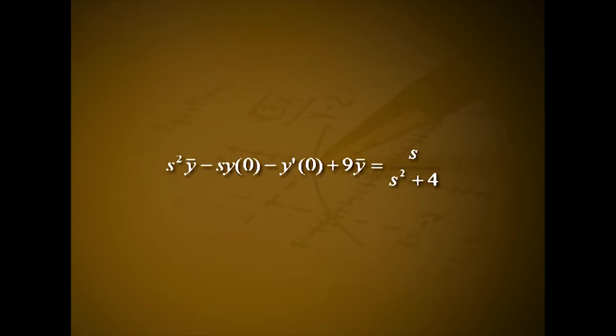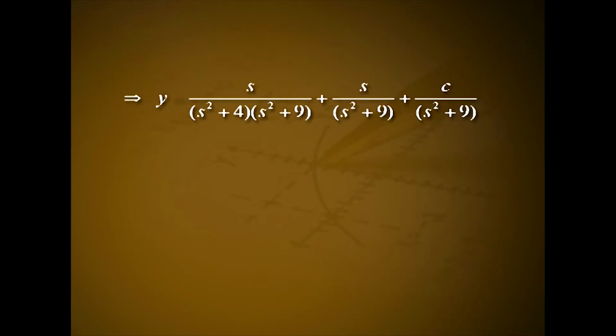Then taking Laplace transforms on both sides, we get s² ȳ minus s y(0) minus y'(0) plus 9ȳ is equal to s divided by s² plus 4, which implies (s² plus 9) ȳ minus s minus c is equal to s divided by s² plus 4, which implies ȳ is equal to s divided by (s² plus 4)(s² plus 9)